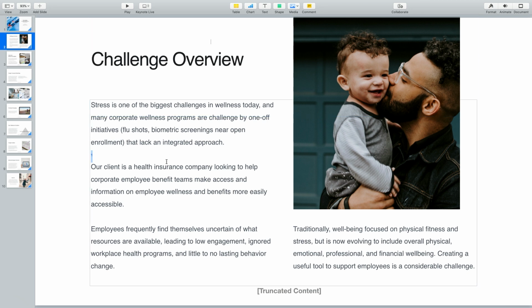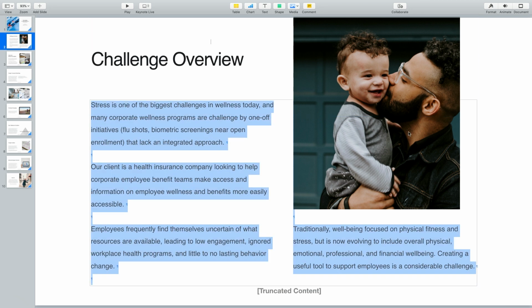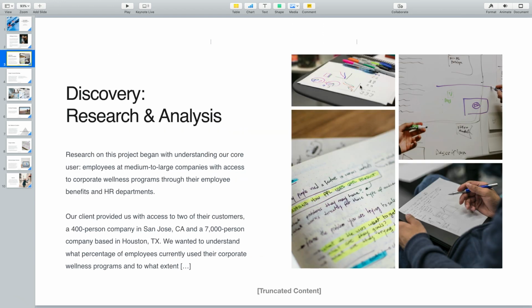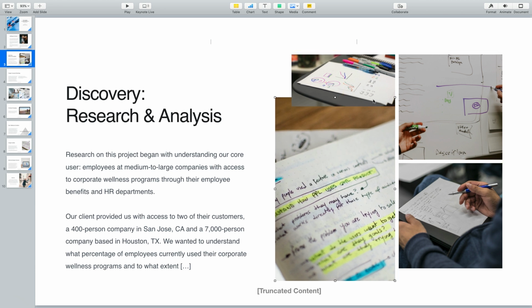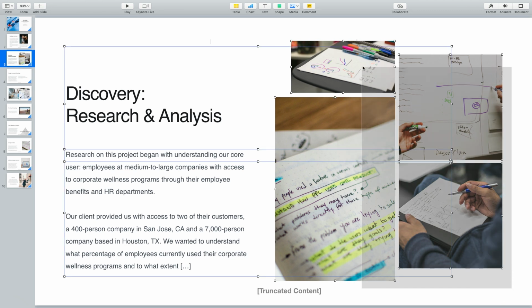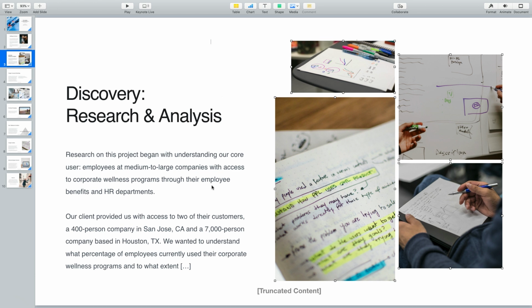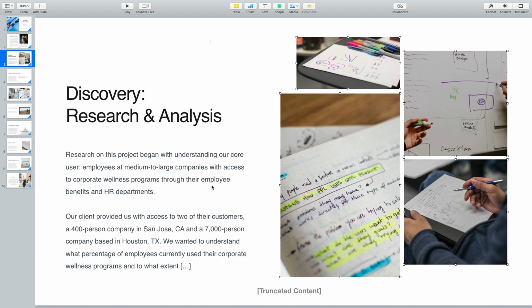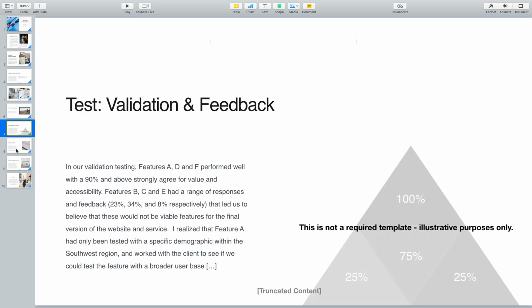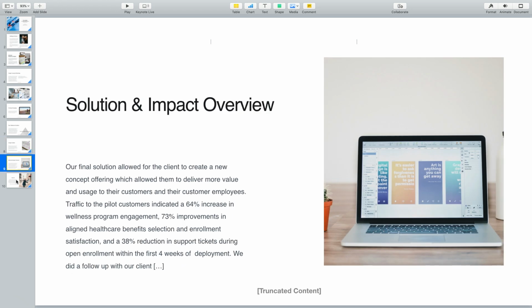So your title, you can put your text in here, drop any photos that you have in, arrange them as you need to. So I might say, oh, I want this to be a little bit bigger, and I want to create a little bit more dynamic space with it. So this is really an opportunity for you to lay out or prototype how you want things to look. And you just copy over as much of the content that you feel is relevant, and you can put them into the Keynote.